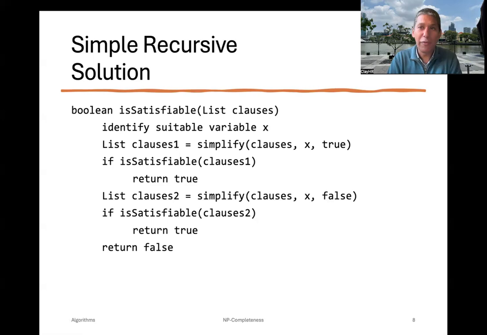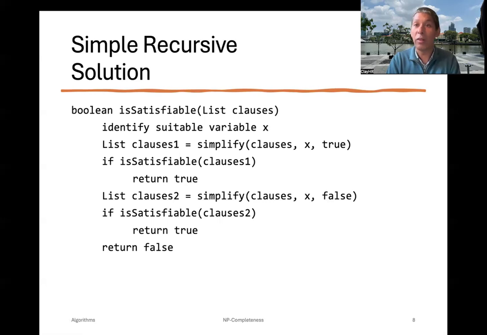I said you can choose the first variable x to be the suitable variable, but maybe you want to think about it a little bit further. Maybe you want to identify the variable x that appears most often. If the variable x appears so often, it will actually simplify a lot of clauses. And that will certainly help with the time complexity of this algorithm because the recursive call will be much smaller